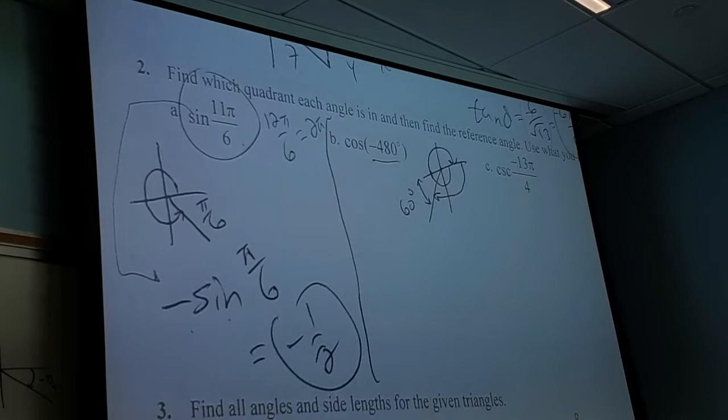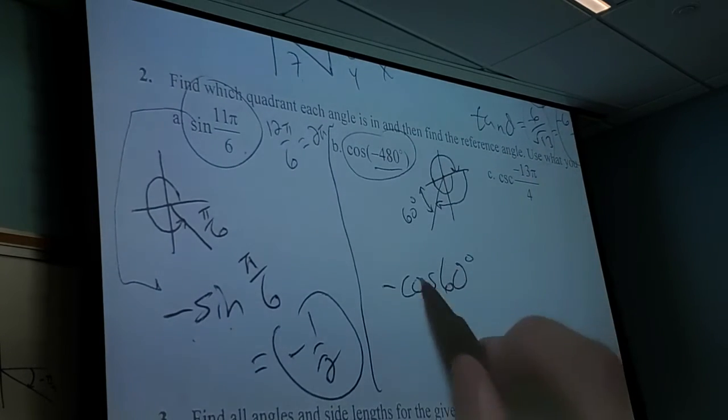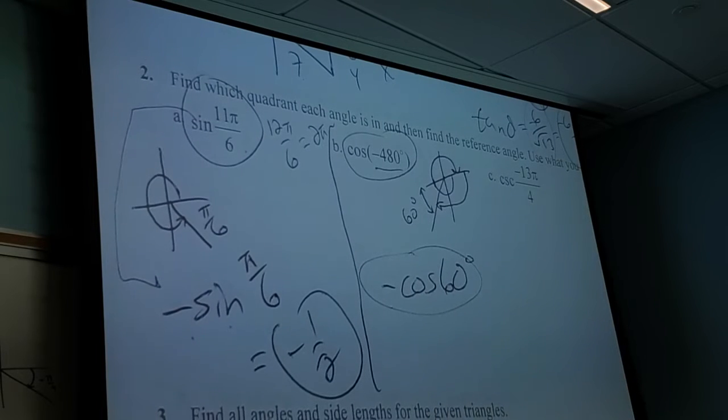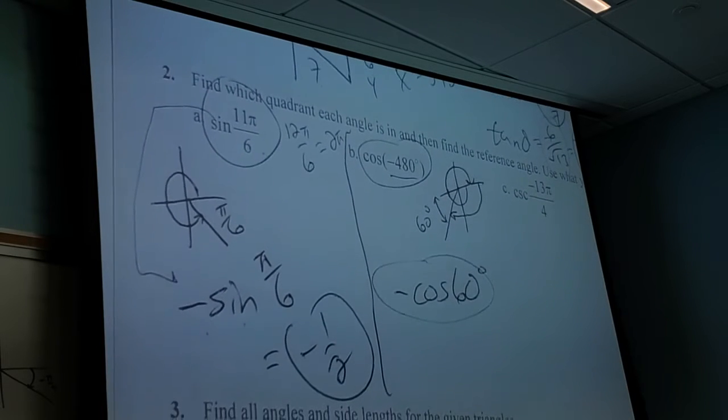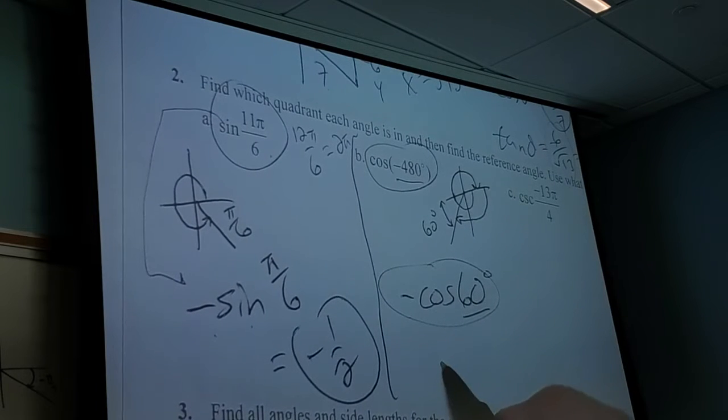Right? Now I know my reference angle. I know what quadrant I'm in. Is cosine positive or negative where I ended up? Cosine likes x. So is x positive or negative? Back there is negative. So I know this is going to be negative cosine 60. This question is the same as this question. That's what we just figured out. It's negative, and the reference angle is 60. What is cosine of 60